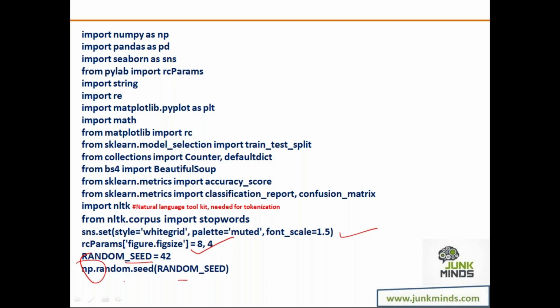What I want is that every time I run this code, my random numbers start from 42 only. That is why we put this random seed. We just want a threshold. I don't want a value less than a specific value. Then we will always use random seed. Even if you change that value a bit, it doesn't make much of a difference to your final output.